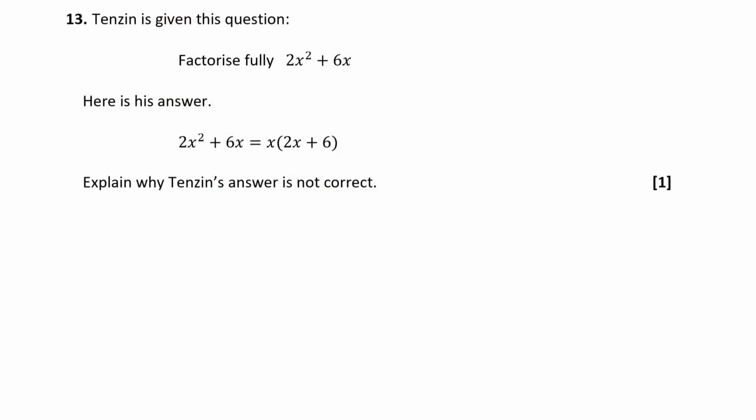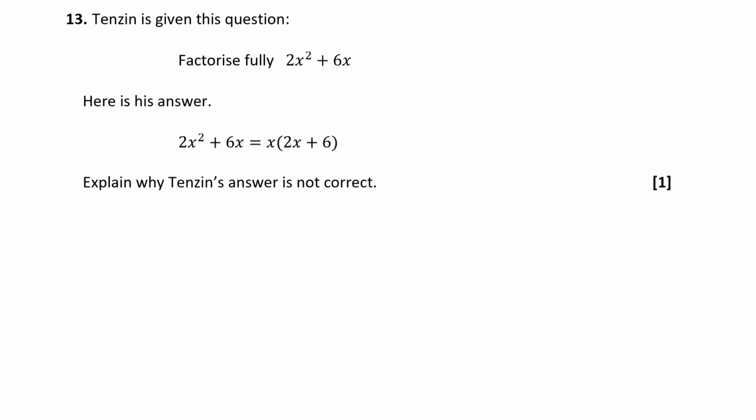Question 13. Tenzin is given this equation. Factorise fully 2x squared plus 6x. Here is his answer: 2x squared plus 6x is equal to x times 2x plus 6. Explain why Tenzin's answer is not correct. Okay, well,